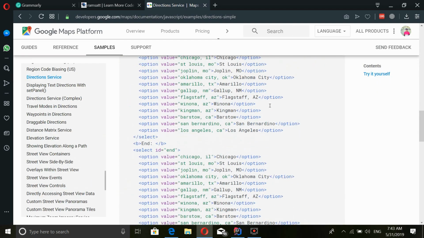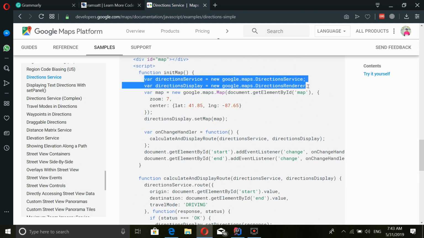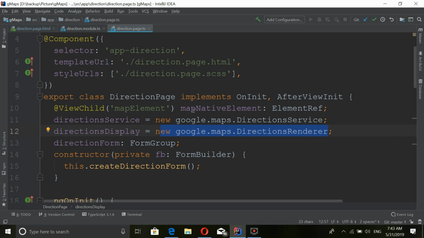Here is the sample code I have used in my tutorial. I just copied these two variables into my class level variables. That's it, guys, nothing more to do. You just go to that website. Don't worry about that code.